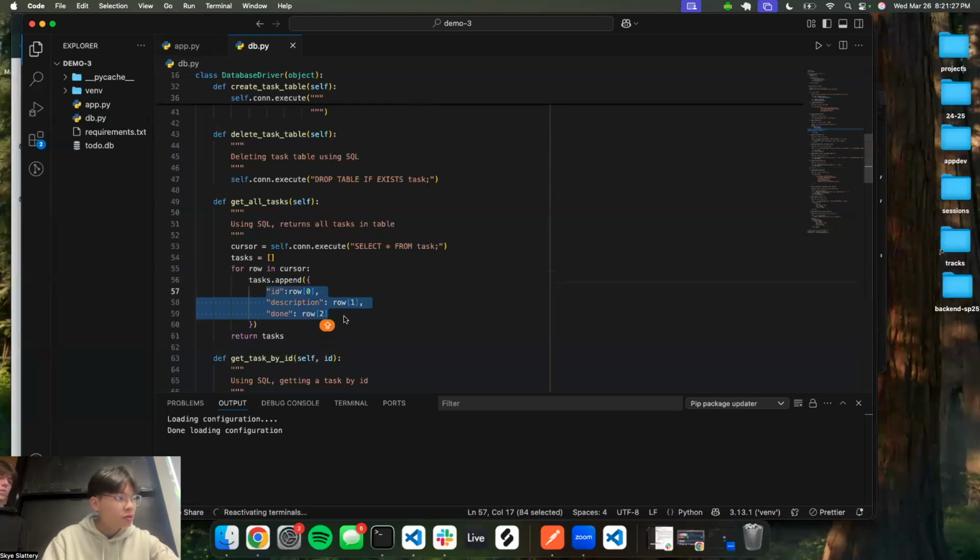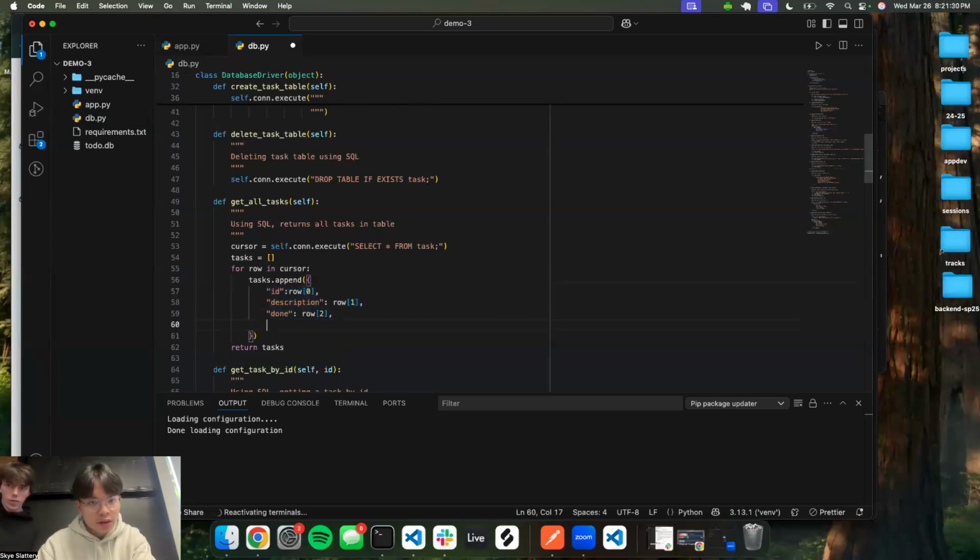But here we can add another field that we want to return: subtasks. And then here I can call the function that I did to get all the subtasks, so self.get_subtasks_by_task_id. And here we also want to get row 0, because get subtask by ID